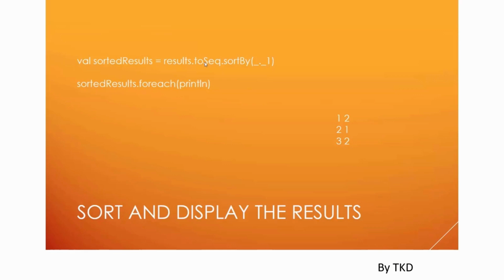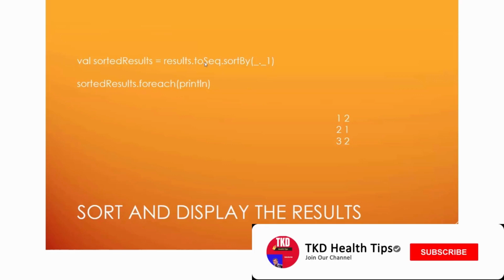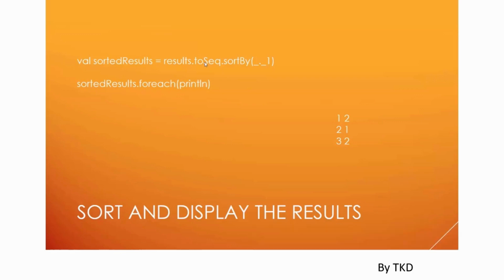Then we can take that sequence and call println for each row, which prints out each individual row of the results in sorted order. Our final results are: rating 1 occurred twice, rating 2 occurred once, and rating 3 occurred twice in this very simplified